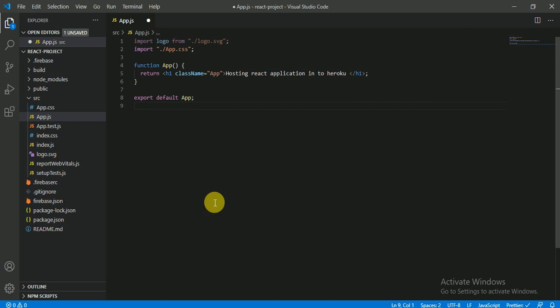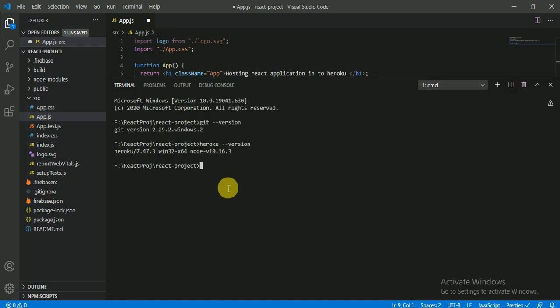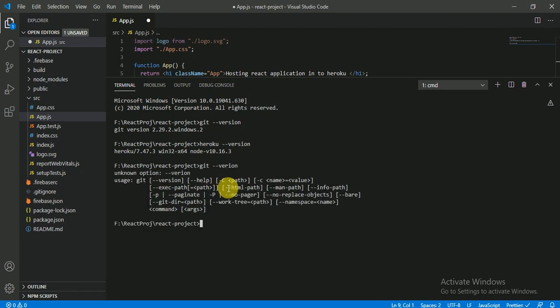Now I am opening my console, and I am going to do Heroku login. Before that, if you want to check the Git version, you have to use git --version. You will get the version here.